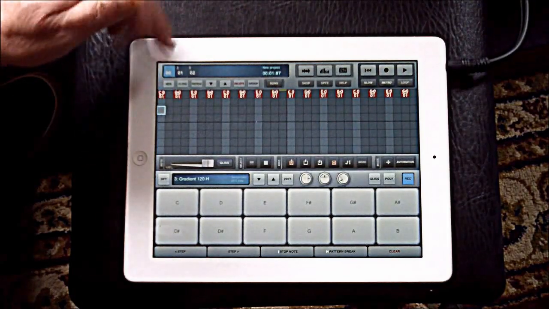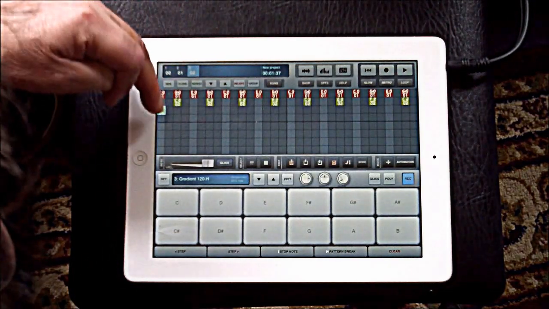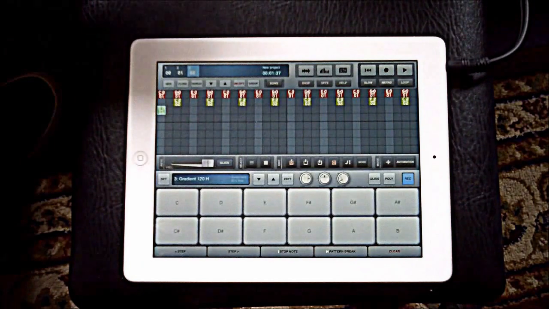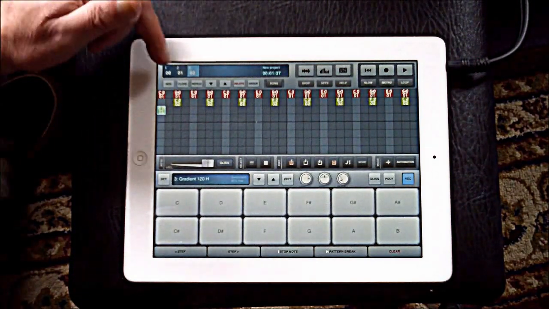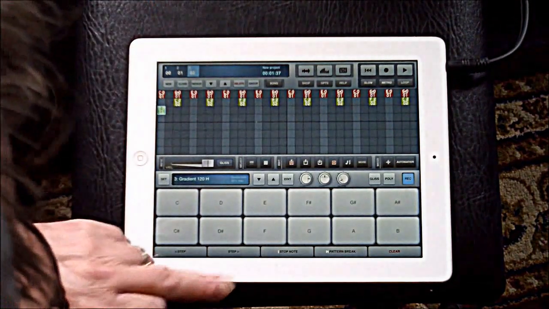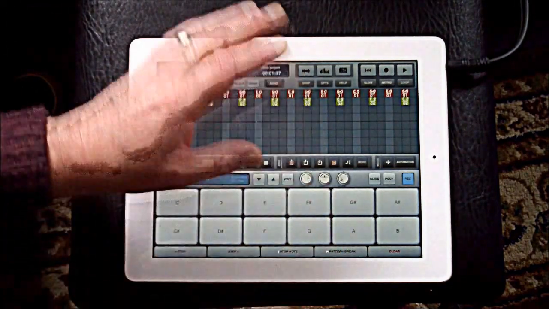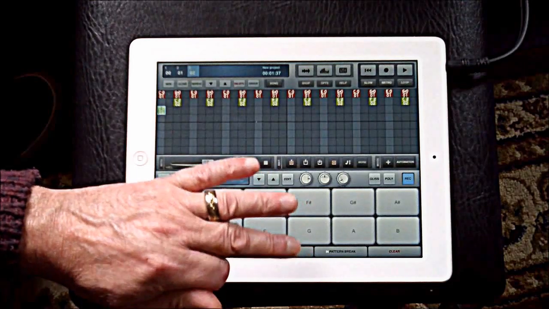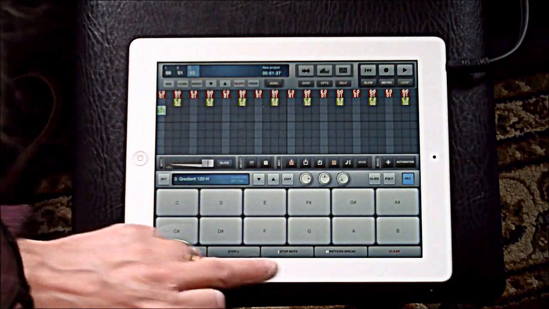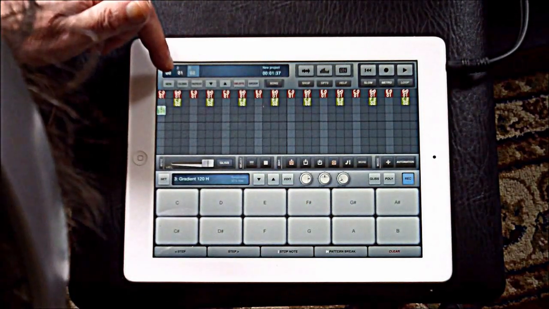Can you hear that now? There's a loop there, and because it's a loop, it's just going to play forever. So you have to kill that loop. And the way you do it is by putting a stop note in, not a pattern break. A pattern break will, I'll explain what pattern break does in a sec. What you need to do is a stop note, and you need to put it